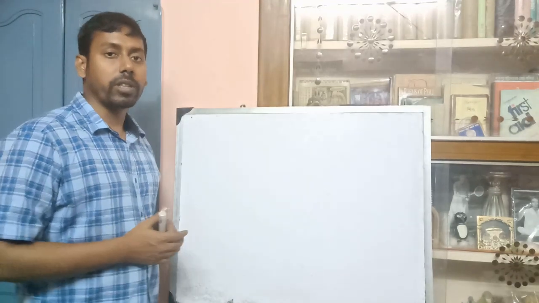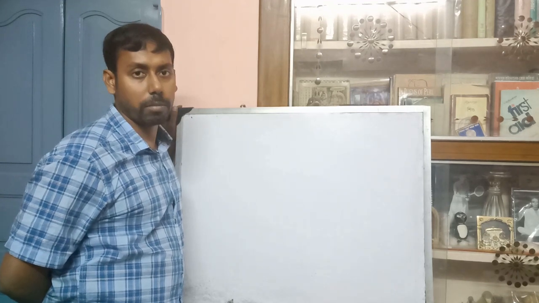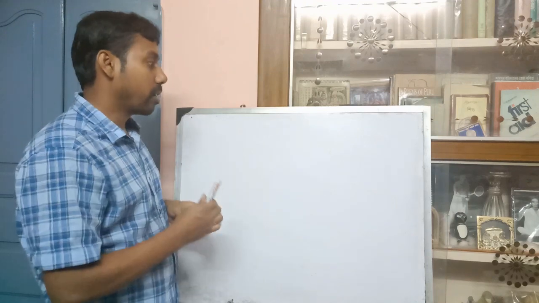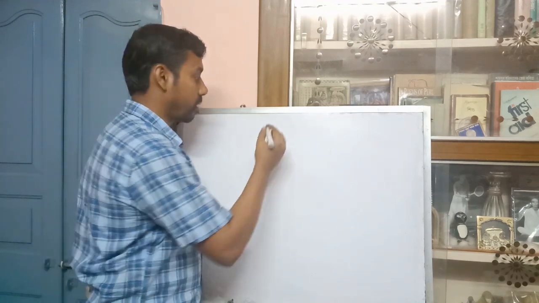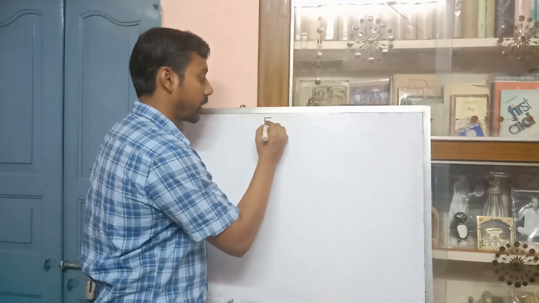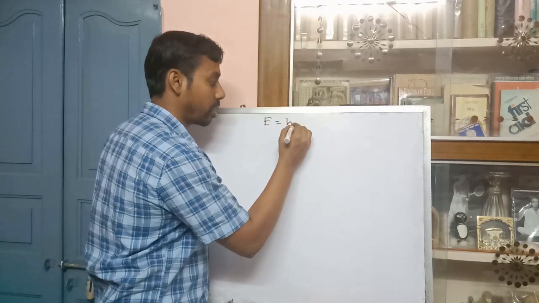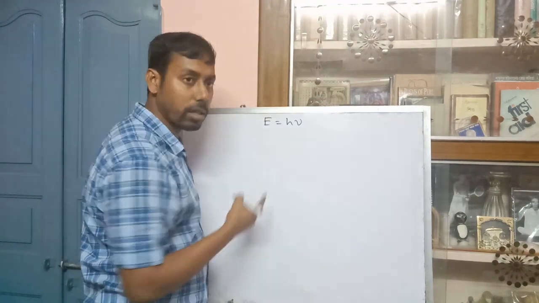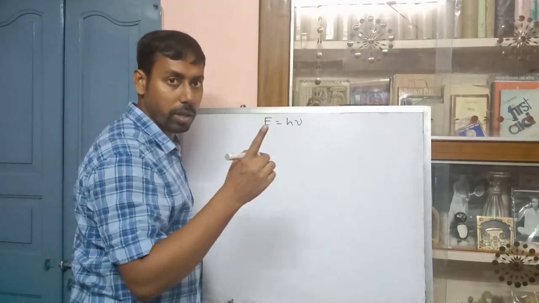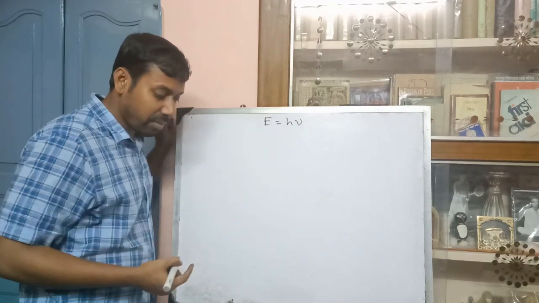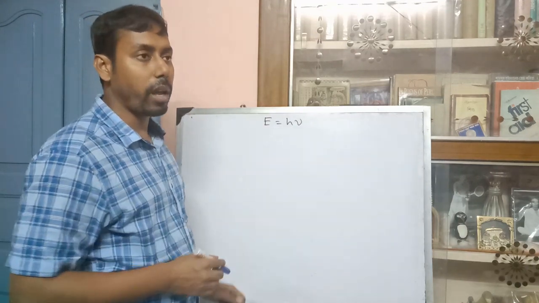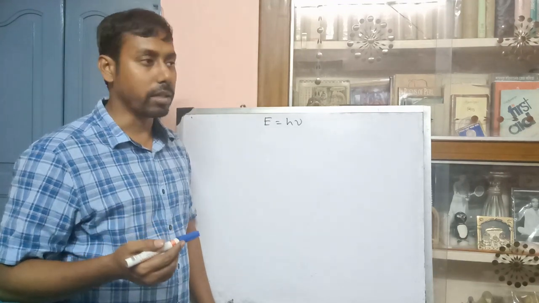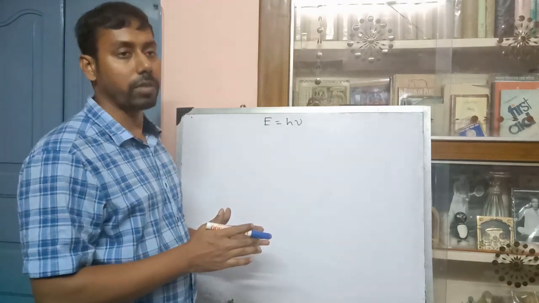In our last class, we have seen the photoelectric effect, and we also discussed the black body radiation, where we have seen light as a particle. According to Planck, we get the famous equation E is equal to h nu, energy is equal to h into nu, where h is the Planck constant and nu is the frequency of the light. Now, in this class, we will discuss the Compton effect, and before going to this topic,